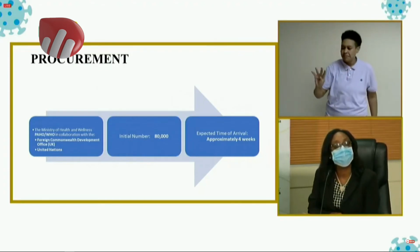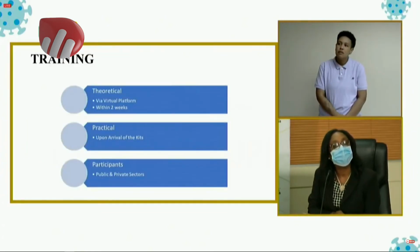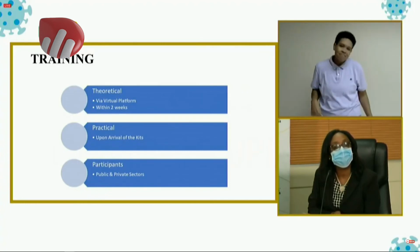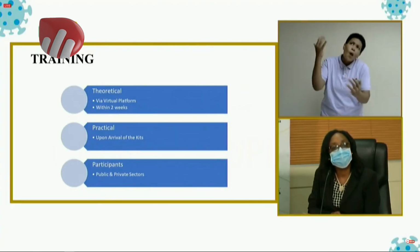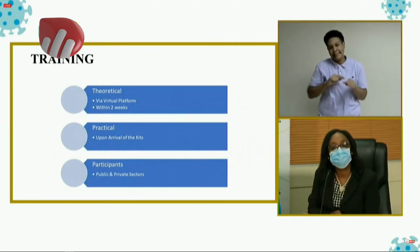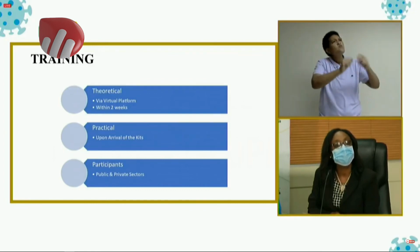Now, we are not going to be idle during the 4 weeks. I know everybody is raring to go. So what we are going to do is, in the 4-week period, while we are waiting, we are going to begin training, because with any new test, there has to be a certain amount of training. So we are going to begin